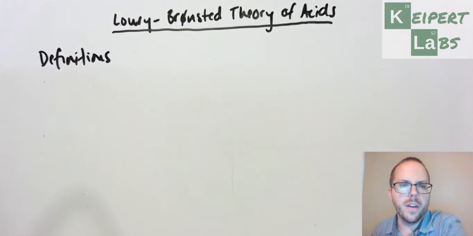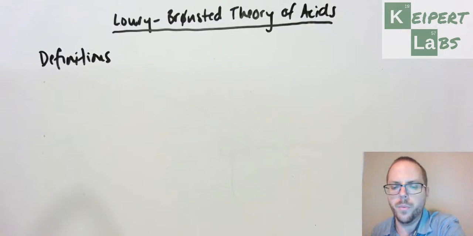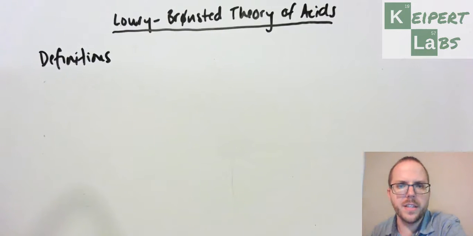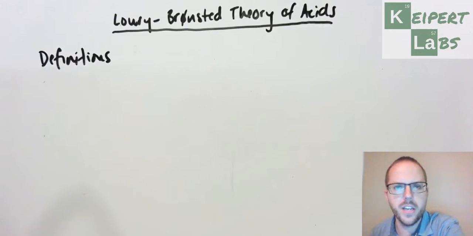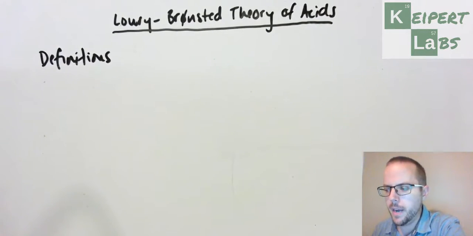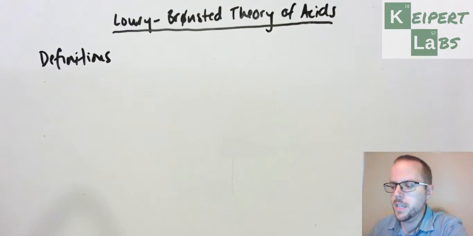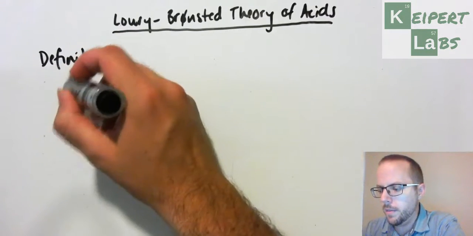And so now we arrive in the early 1920s. Just to give you a bit of historical context, we've made discoveries about things like the proton, the electron, the existence of the nucleus of an atom, concepts of electron shells, and the Bohr model was almost 10 years old by this point. We'd discovered ideas about quantum mechanics and so on. So there was a whole lot more understood about the atom than Arrhenius had to work with, over 2 decades before. And so Lowry and Bronsted, separately but at the same time, developed this idea that an acid,